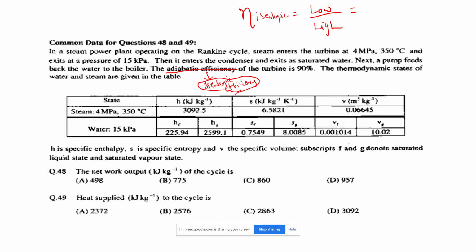The simplest method. So always, if you are confused, you will just subtract the lower value and divide by the